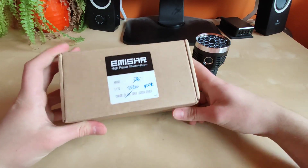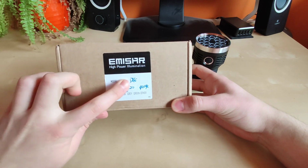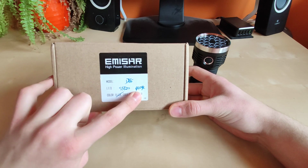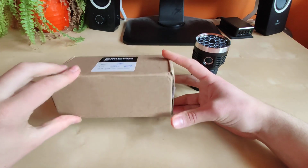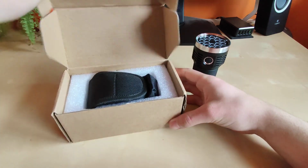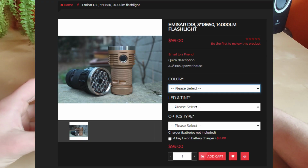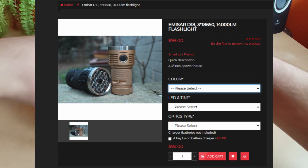Alright, so I've got this standard Emisar box from Hank Wong. Model obviously the D18. I've got the SST20 4000K version, which is high CRI, and obviously black color. So let's see what we've got included in the $100 price. As you can see right on the screen, it is available, and for $99 you will get